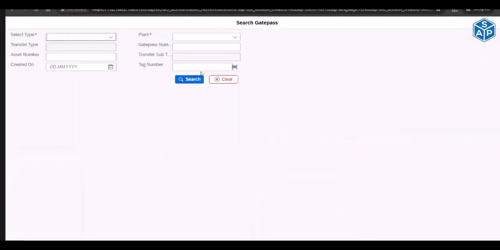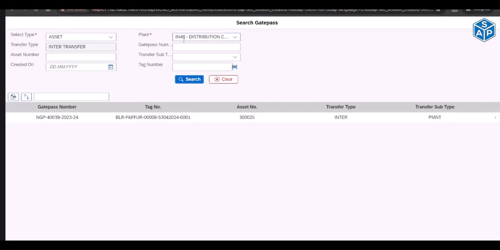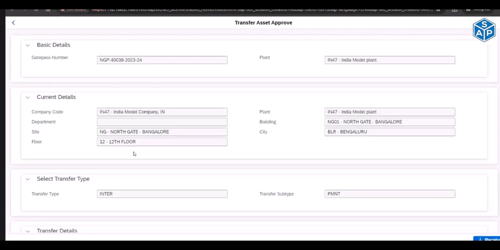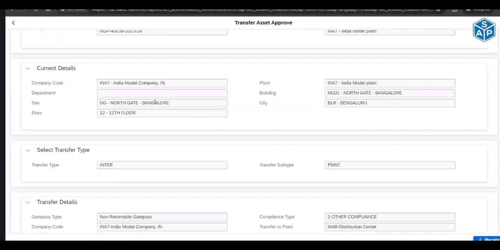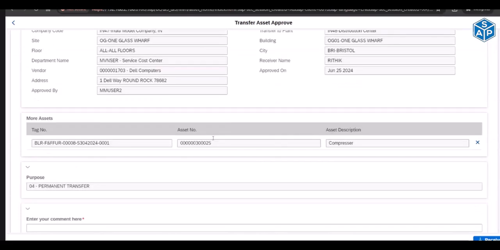Whenever the asset reaches the gate of the receiving plant, he will simply click here, select the plant in which he is receiving the asset, click here, and whatever gate pass was generated for this plant number will come here. So this NGP 39 is the gate pass number, it is coming here, and all the details are coming, basically the transfer detail, and which asset is coming into the plant. He will just simply give the comment